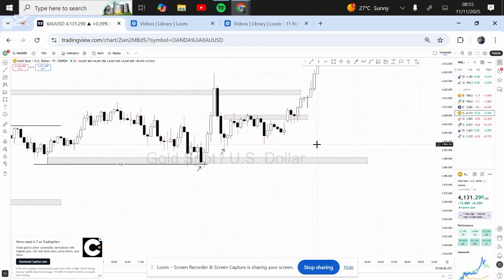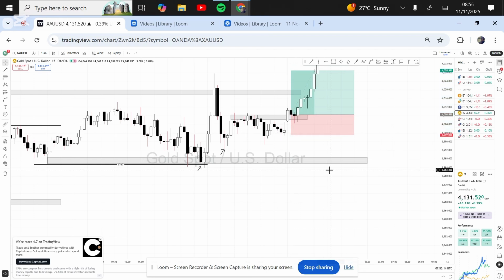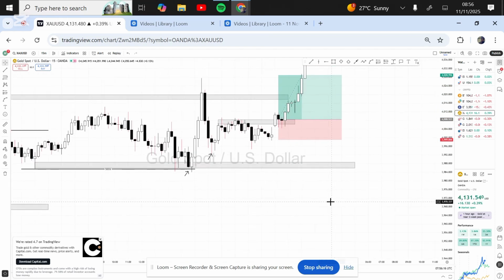I then waited. Immediately, what happened? This candle broke above this seller here. Immediately, this candle just broke above this seller. That was why I got my entry here. And the stop loss was below here, about 90 pips. You can see I paid attention to the charts. I was present. I was reading the market for what it is, not for what I'm thinking, not for past price action. No, this is what is being displayed in the now.